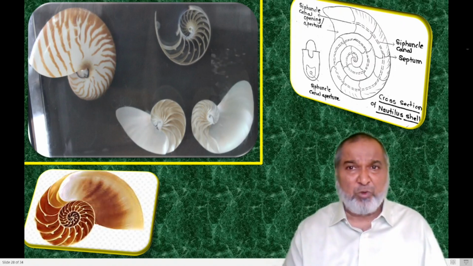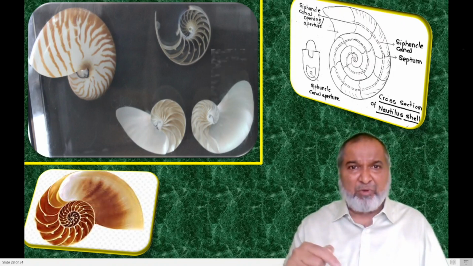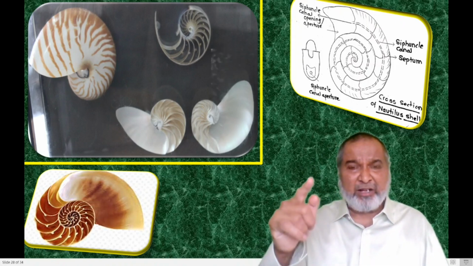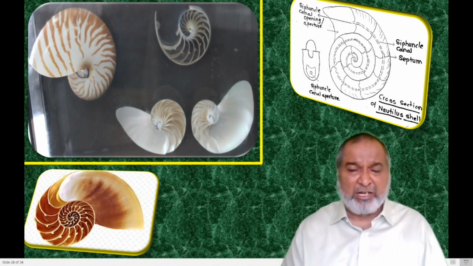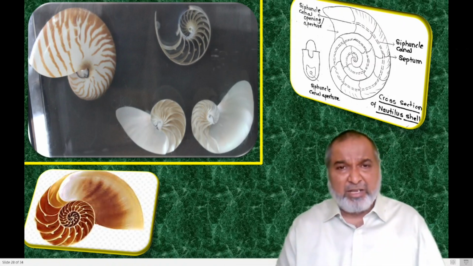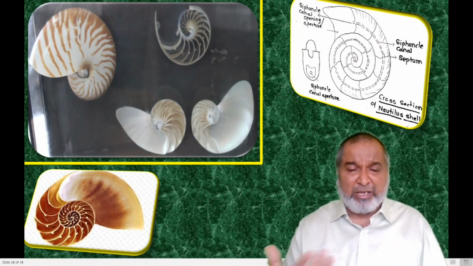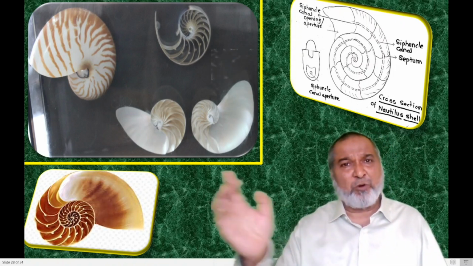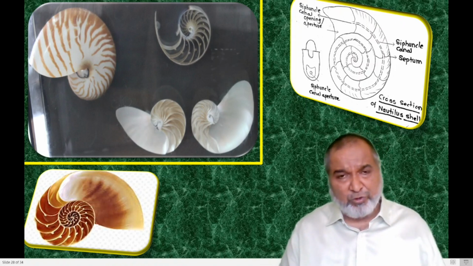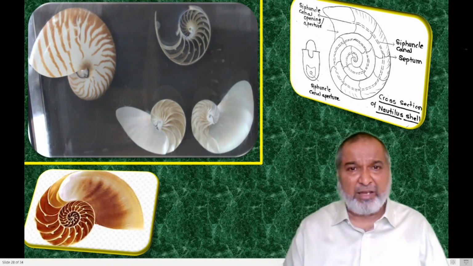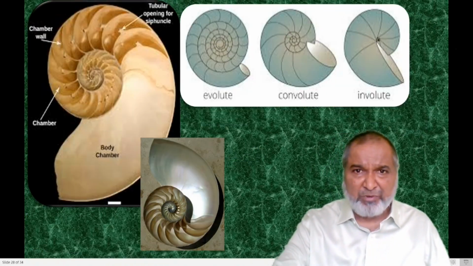But in the next one, a little more advanced evolution has taken place. The trough part is double folded, it is now crenulated. So the upper crest remains the same, but the lower one is crenulated. That is seen in the ceratite suture line. But in the third one, the ammonites, the most evolved, all the crests and troughs have been tertiary folded, all are folded. That is the ammonitic suture line. So we have the goniatitic suture line, ceratitic suture line, and ammonitic suture line. So this is the description of the suture lines.